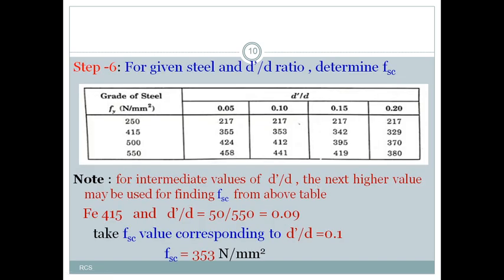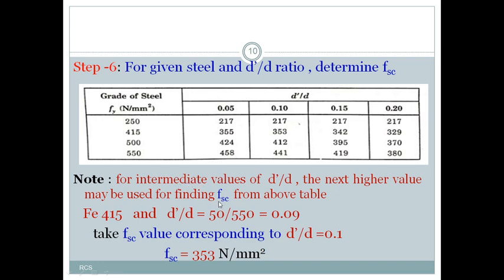As I told you, as we are providing steel in the compression zone also, we have to calculate what is the stress in compression steel. That can be calculated by using the d dash by D ratio and the given grade of steel. Here the given grade of steel is Fe415 and the d dash by D ratio is 0.1, and in SP16, Table F will suggest to us, if you are getting intermediate values, then you can take the next higher value